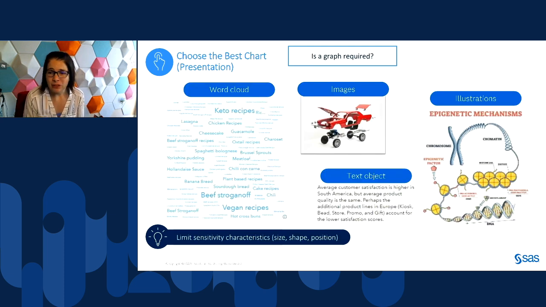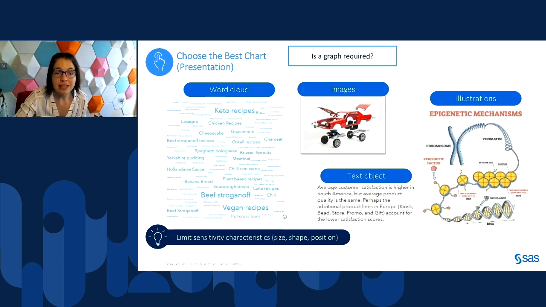Is a graph even required? In some cases, you don't need a graph to display the information you want to show. In this case, we're showing a word cloud that shows all of the search terms at a specific recipe website. So this can be useful for seeing those search terms that are in vogue that people are looking for.